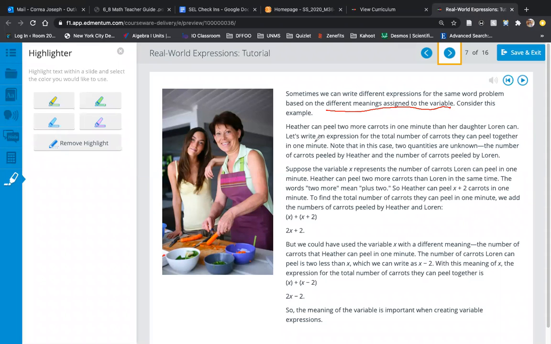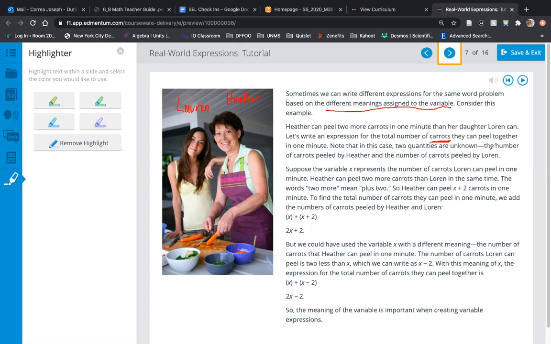So we're talking about two people here. We're talking about Heather and then her daughter, Lauren. So this here is Heather. This here is Lauren. Right? So right now they are peeling a bunch of carrots. I don't know why, maybe they're making carrot cake, maybe they got a bunch of rabbits, who knows? But this is what they're doing, okay? So it says that